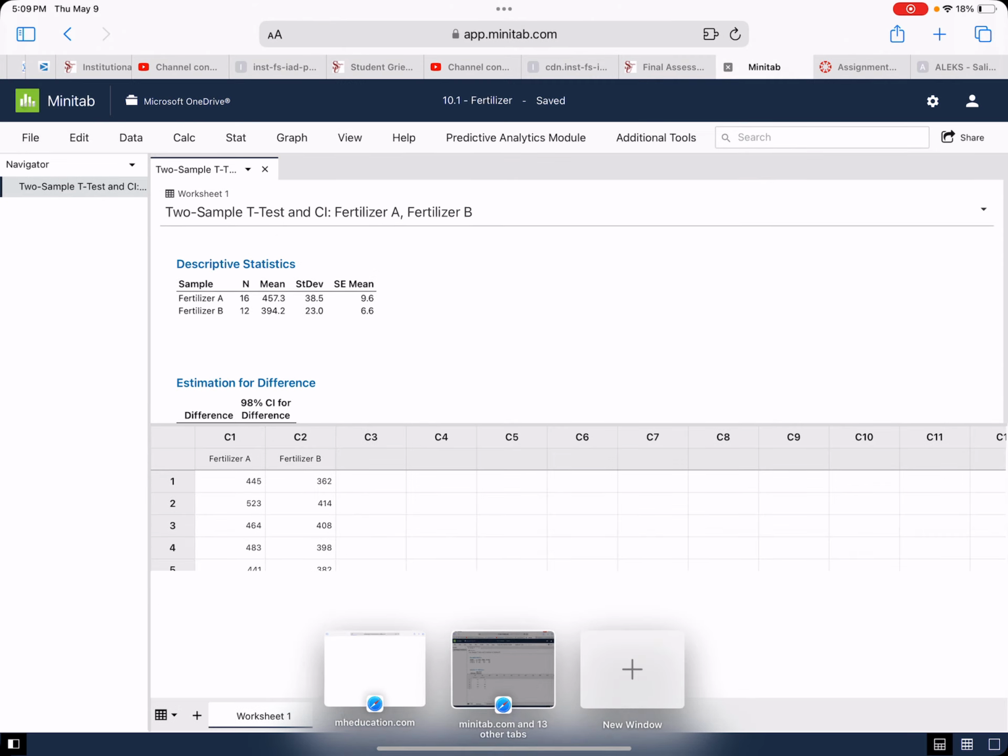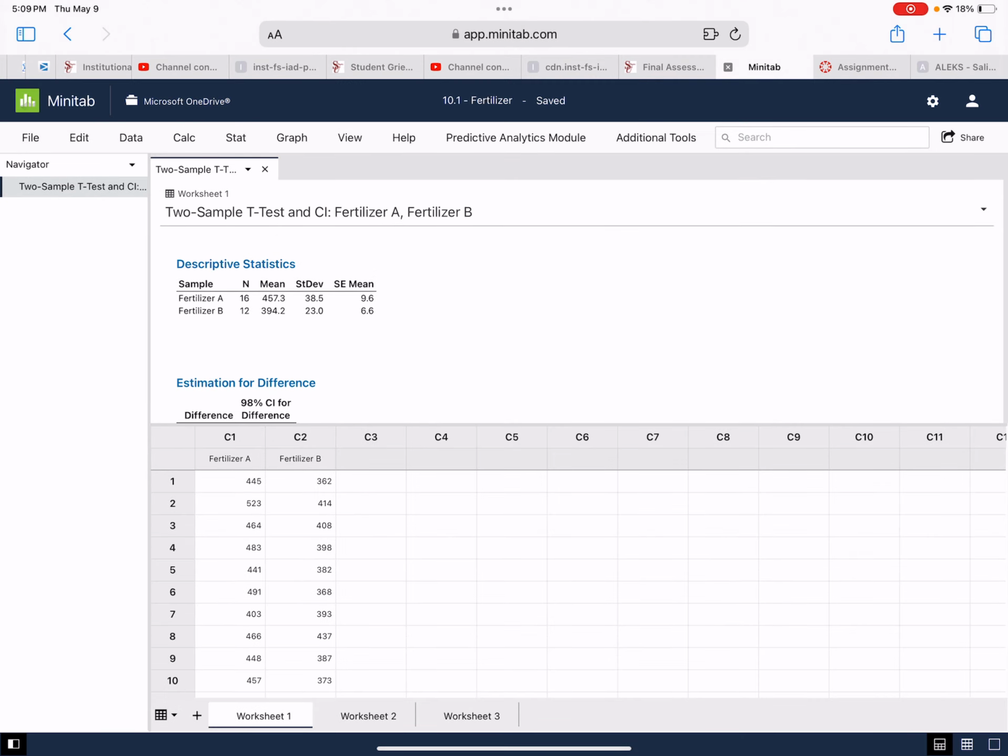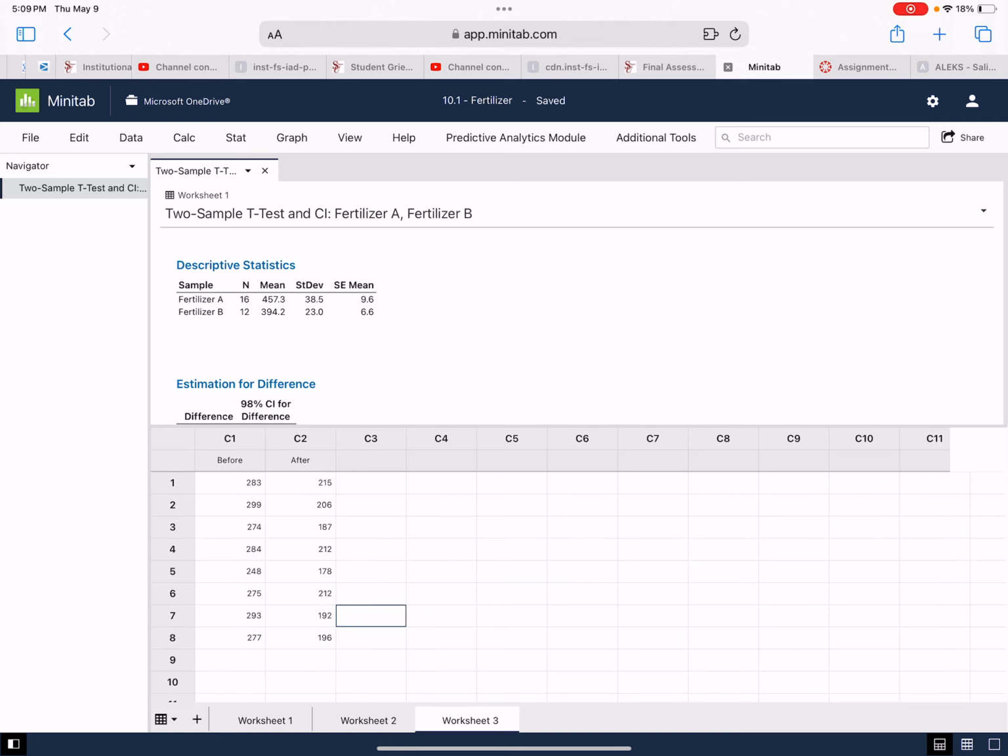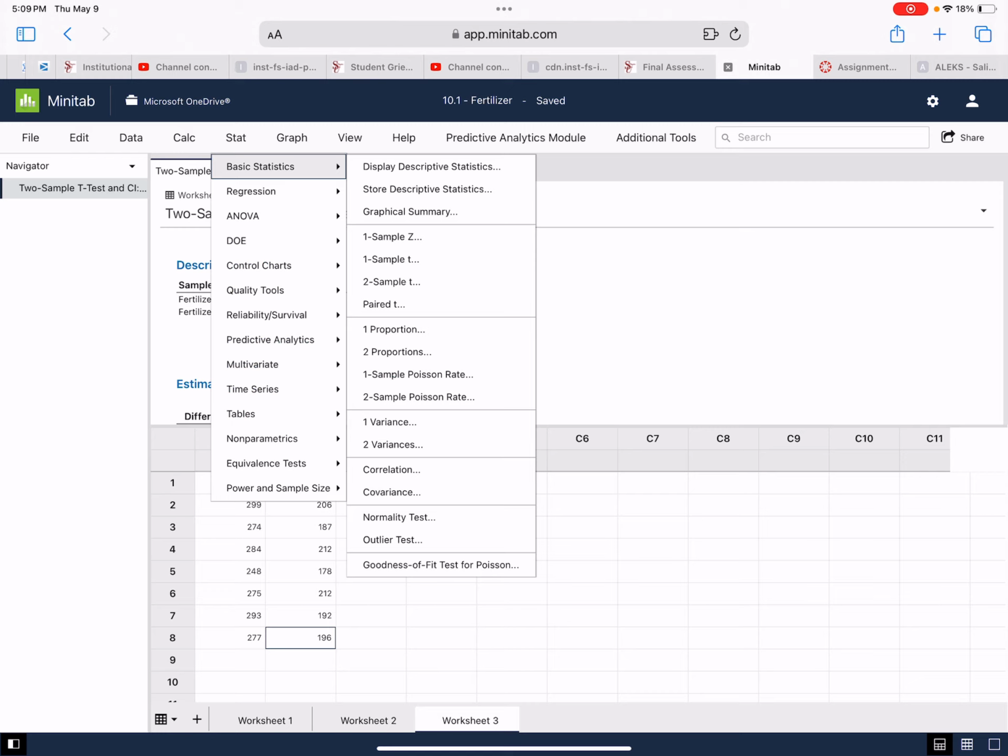How do we do that? Well, we go to here. Whoop, one second, I need to reload. Go to worksheet 3. We've already entered in the data, stat, basic stats, and because it is paired data,